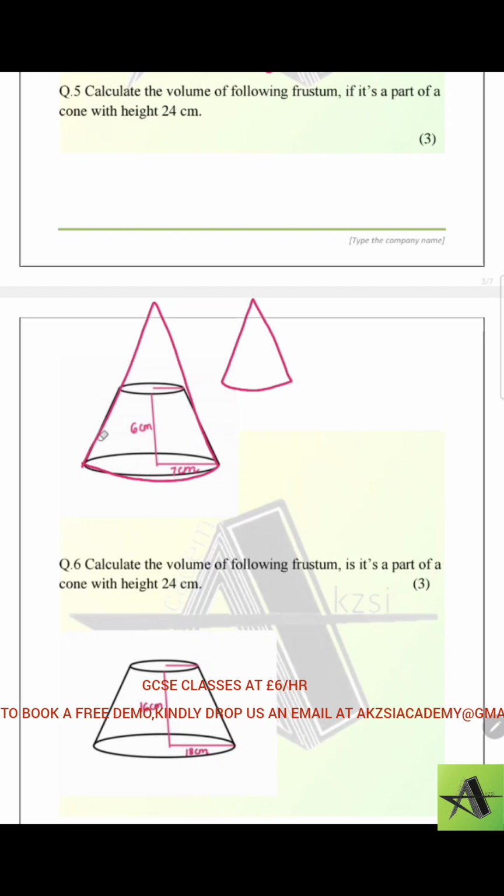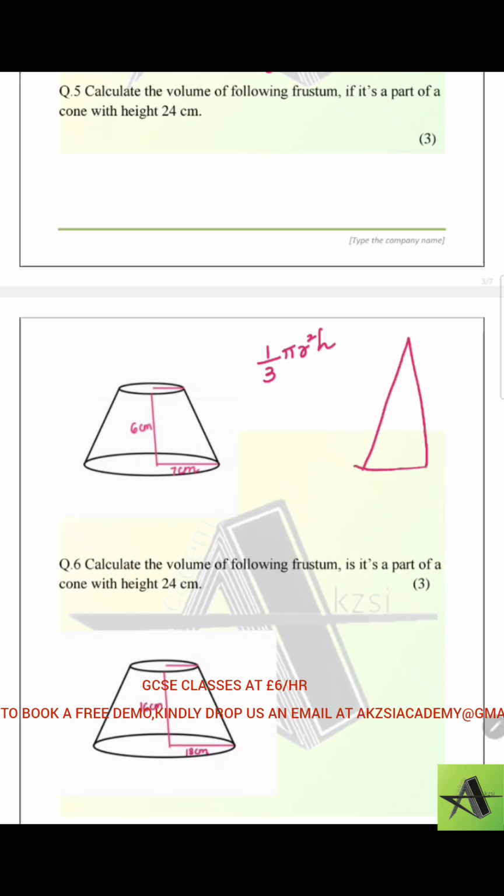So the bigger cone will be 1/3 πr²h. This is how you can calculate the volume of any cone. This is the formula. So for the bigger one, when I'm drawing the bigger one, the vertical height is already given as 24,